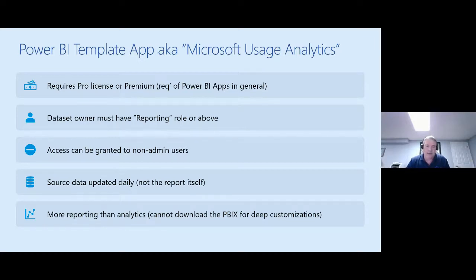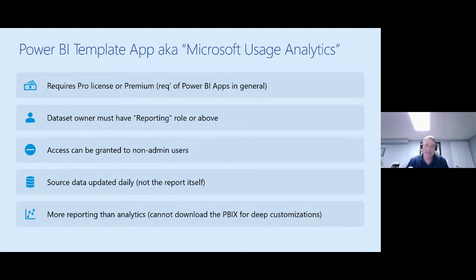There are a couple of caveats about it, and like all things, there are different settings and permissions required for being able to access this data, and that's rightly so. You don't want to just organizationally push this out necessarily. It does require a Power BI Pro license, and the reason for that is it is manifested as a Power BI app in the app service. I can show you what that looks like. And then secondly, they must have at least the reporting role. That's to get started.